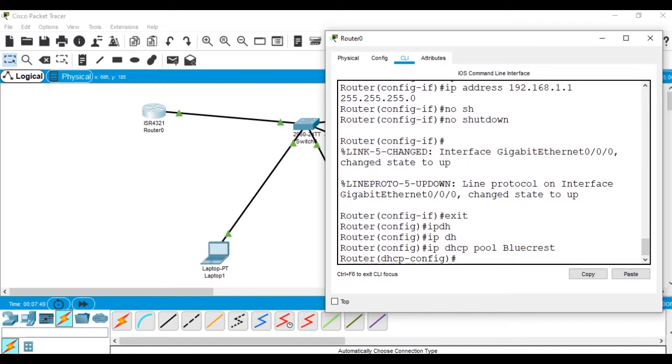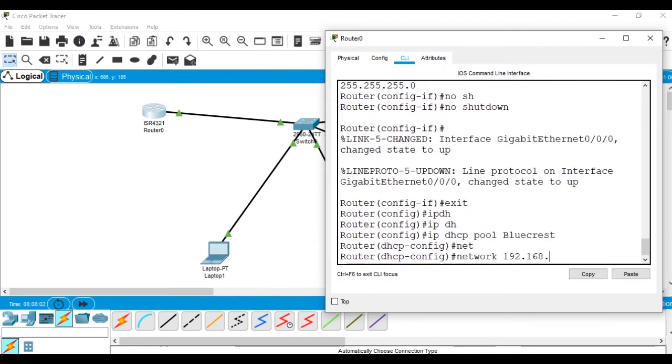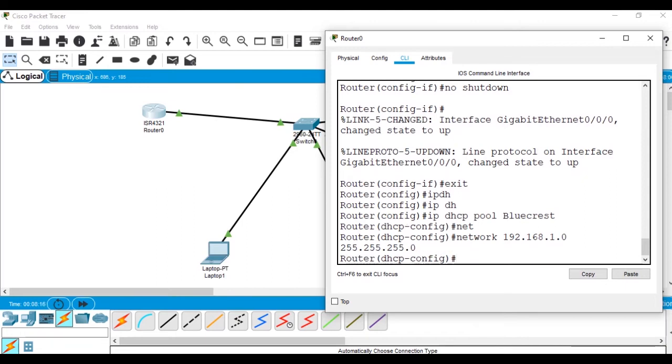Now we'll put the network range. So network, we'll put 192.168.1.0 and subnet mask of 255.255.255.0. So this is the network we configured.